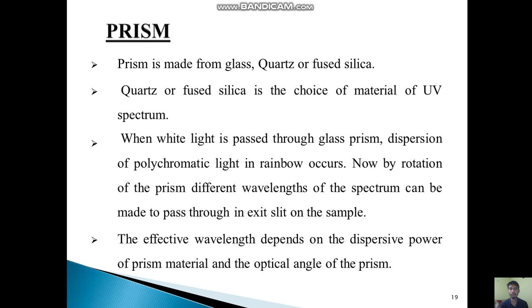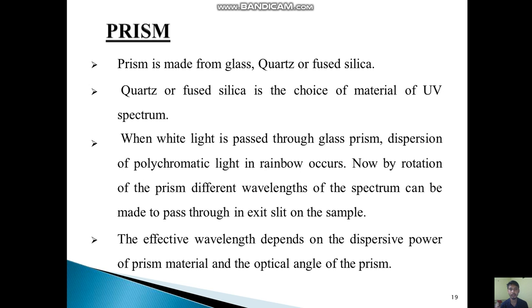The prism is made from glass, quartz or fused silica. Quartz or fused silica is the choice of material for UV, so most of these use quartz. When white light is passed through a glass prism, dispersion of polychromatic light into a rainbow occurs.